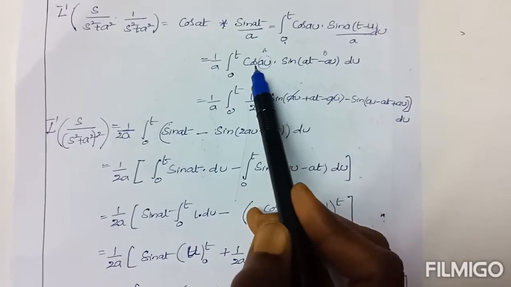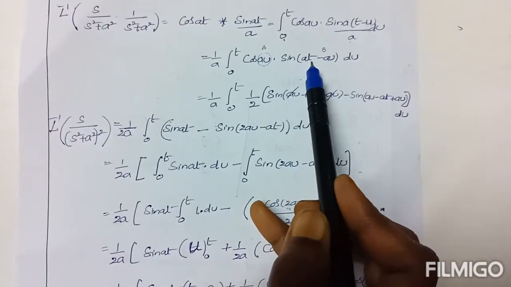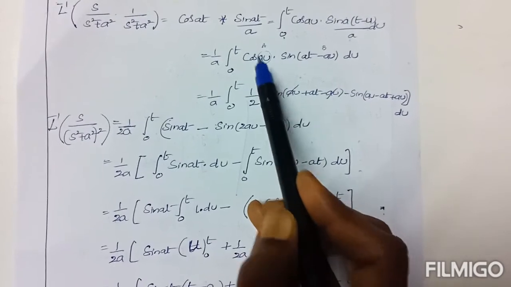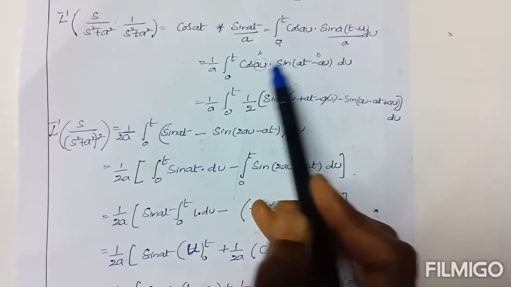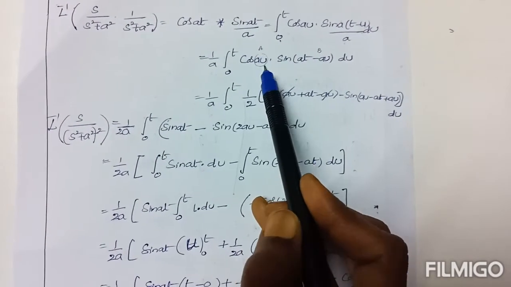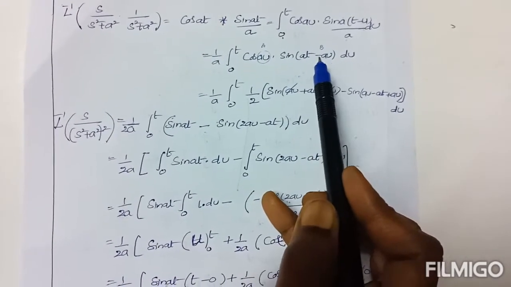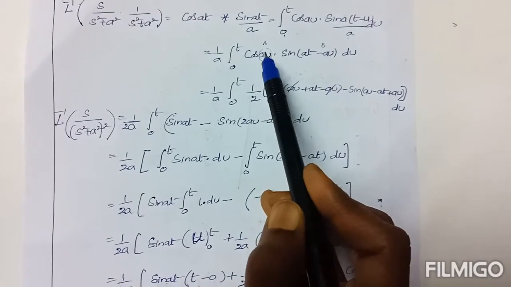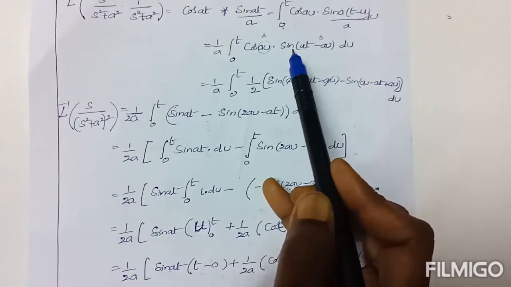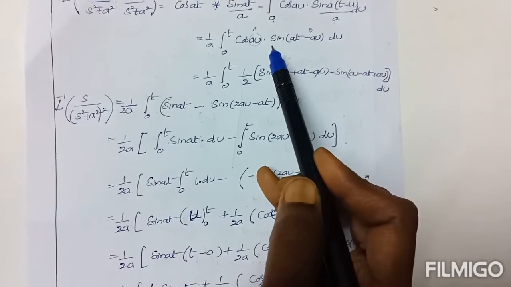Now this is cos a sin b form. Here the angle is au, here the angle is minus au. Out of two angles, which one is greater? Au. So that au angle name is a, and at minus au is b. This is cos a sin b. Now I have written the corresponding formula